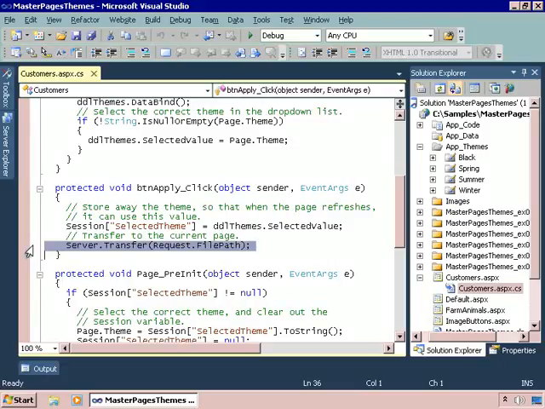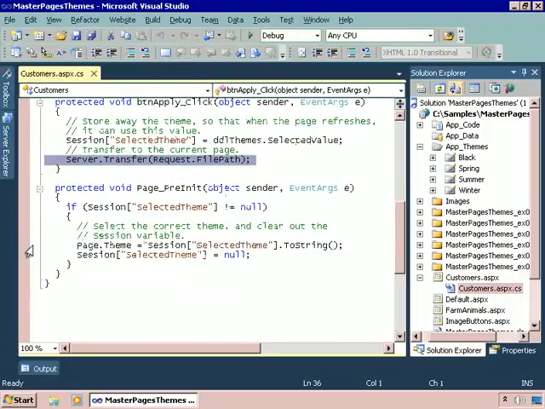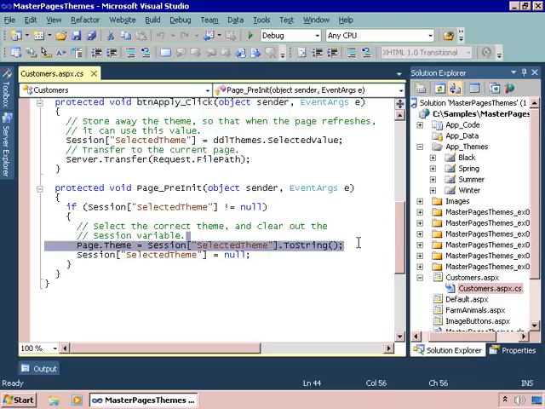By transferring to the page, we cause the page to do a total refresh and the theme becomes applied. Let's review, sort of going in circles here. We've asked the page to refresh. We get down to here. If the session variable named selected theme isn't null, and it shouldn't be because we just set it here, if it isn't null, then we'll put the value into page.theme, store it away there, and clear out the session variable. So that next time we come up here,